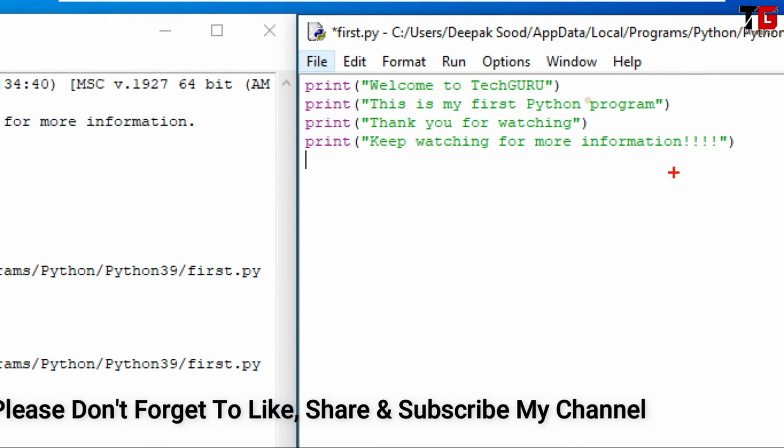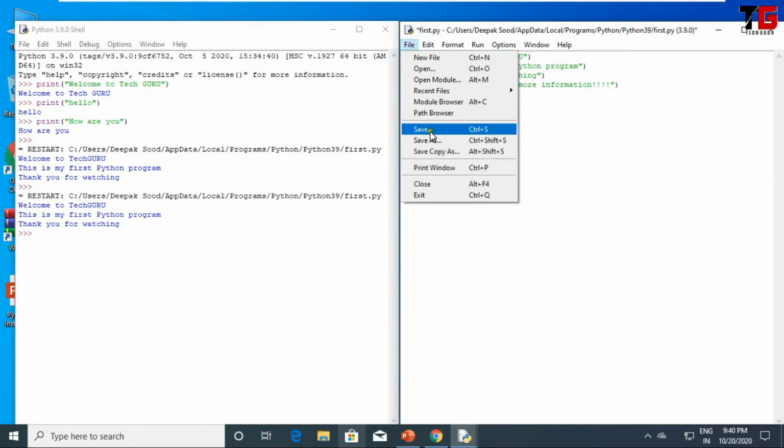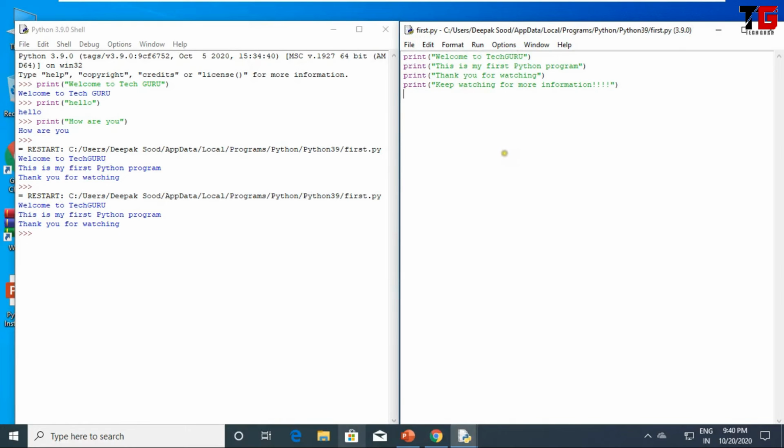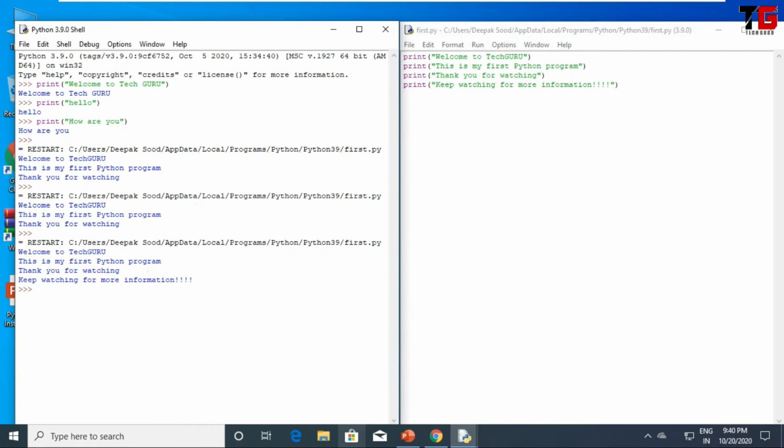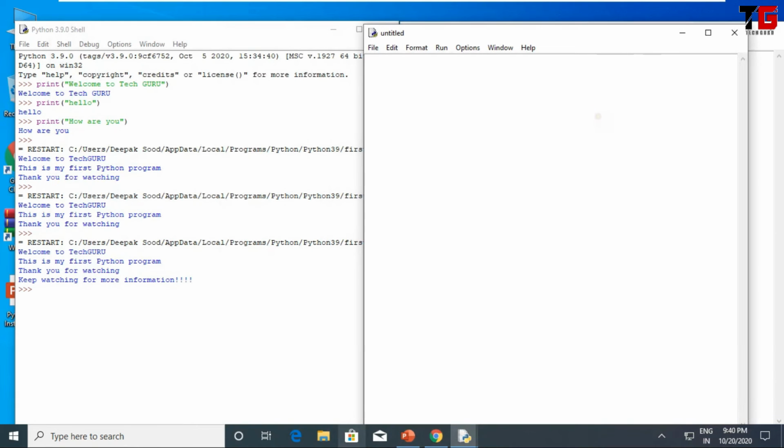Friends, I made some changes in my file. So I got a star here. It means my file is not saved yet. So from the file, click on Save, or simply you can press Ctrl+S. Then run the module by using F5. So I press F5 in this file and I will get the output on my Python shell. Alright, so I hope it is clear. If you want to create a new file, go to File, New File. See, you got a new screen.